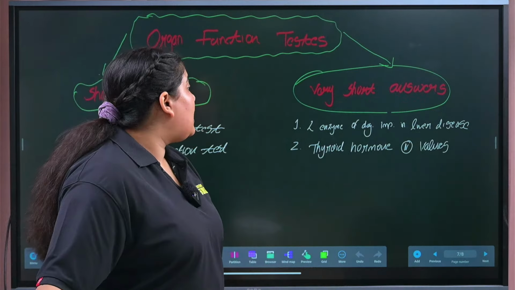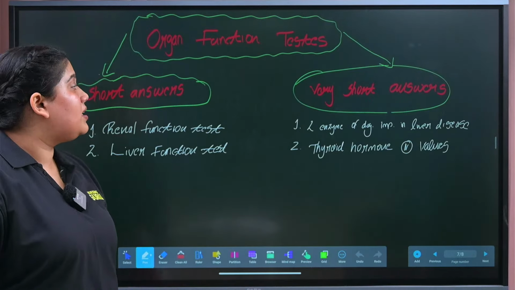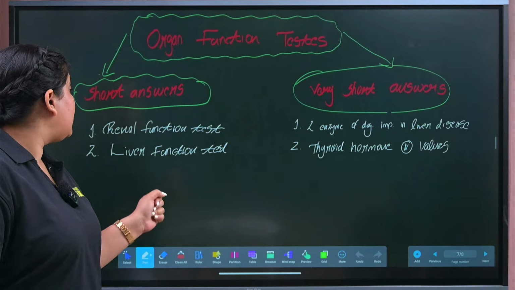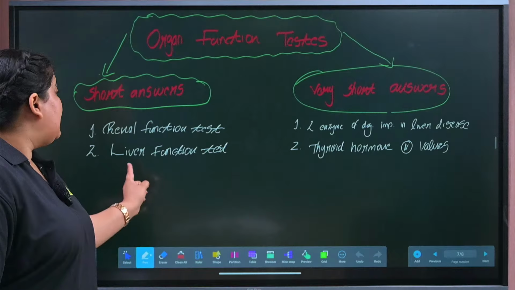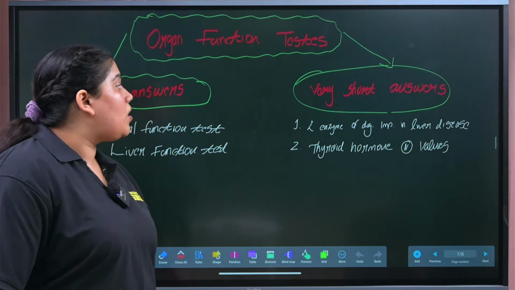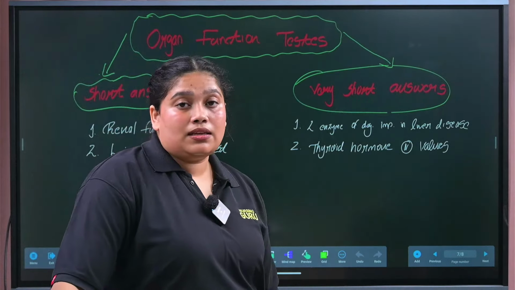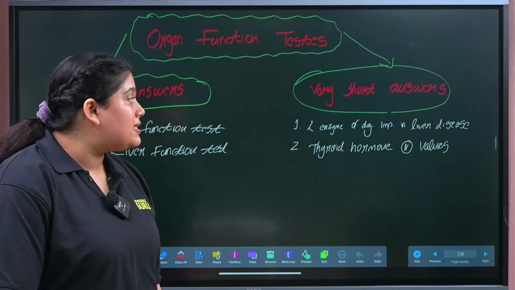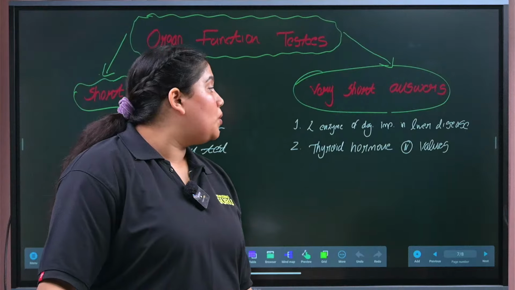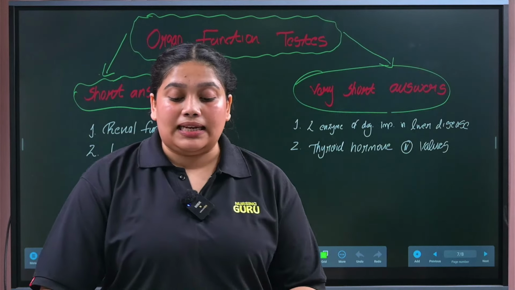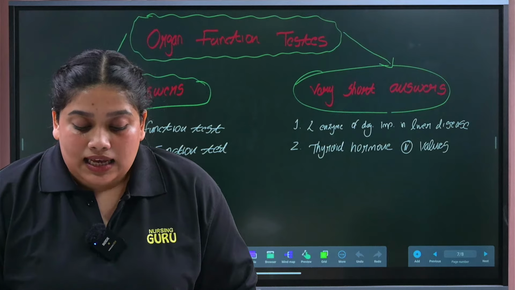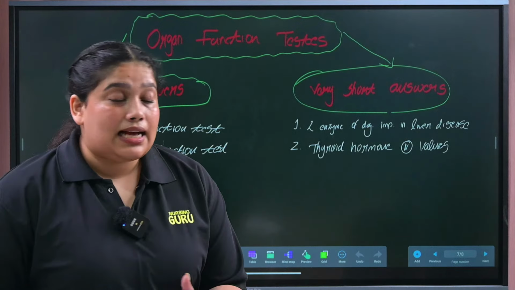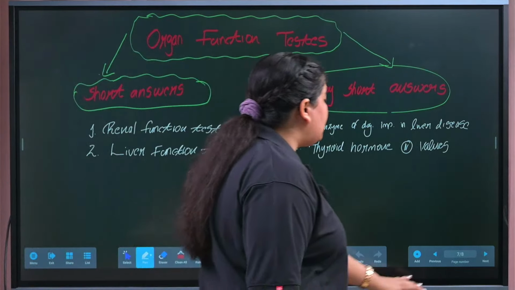Clear? So those are the questions from the organ function test. Short answer questions are renal function test and liver function test, and very short answers are: two enzyme names you have to mention for the diagnostic importance in liver disease, and second, thyroid hormones normal values. Okay, clear? And next our last chapter, that is the